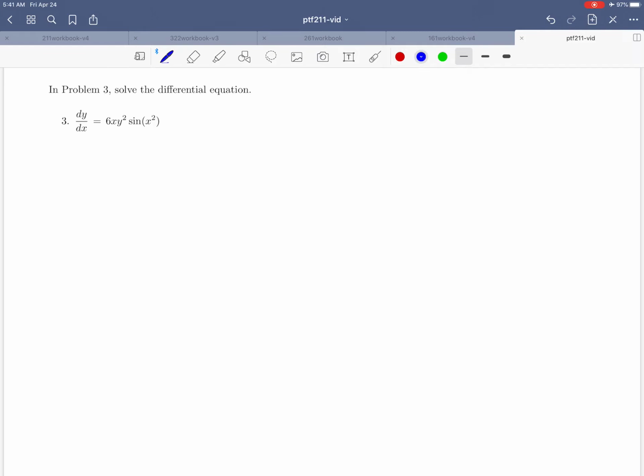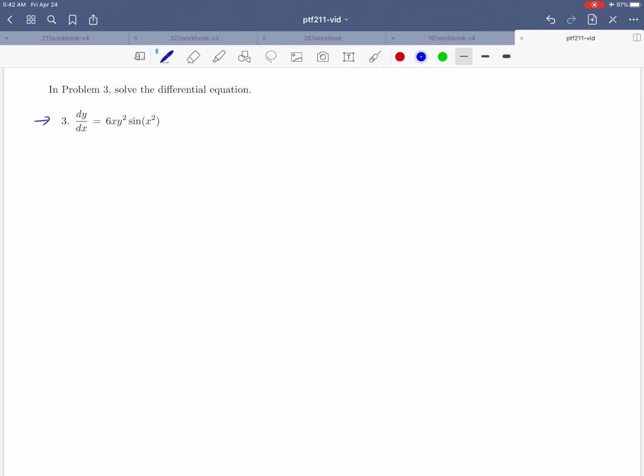Hello everybody and welcome to exercise 3. This problem is asking us to solve a differential equation, and remember that the goal in this type of problem is we're looking for a function that satisfies this formula. So we're looking for a function such that its derivative dy/dx is equal to 6y squared times sine of